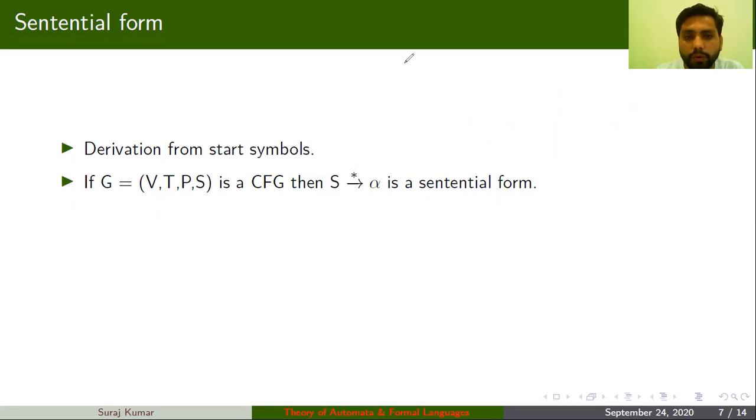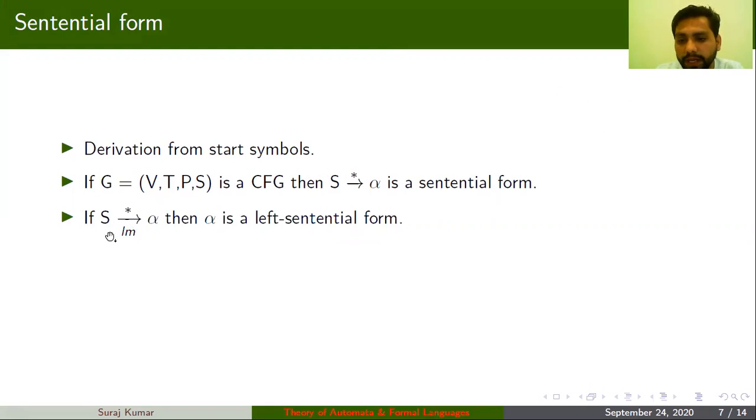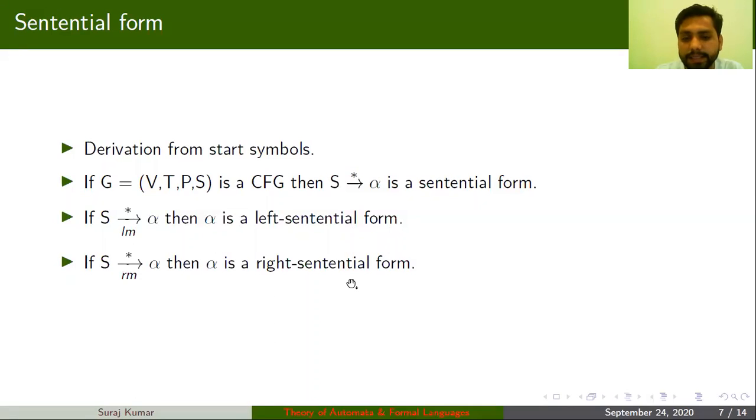So based upon the leftmost derivation, LM is used for leftmost derivation. If you take moves based on leftmost derivation, you can call it the left sentential form. In the previous case, when I was deriving the leftmost derivation, you can call it the left sentential form, and the rightmost derivation can be called the right sentential form. So this is just a representation, and you should know about this. What is the sentential form? It is nothing but a leftmost and rightmost representation.